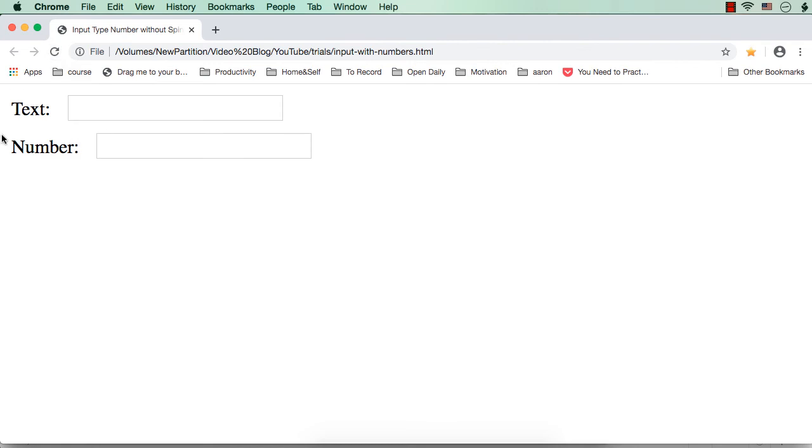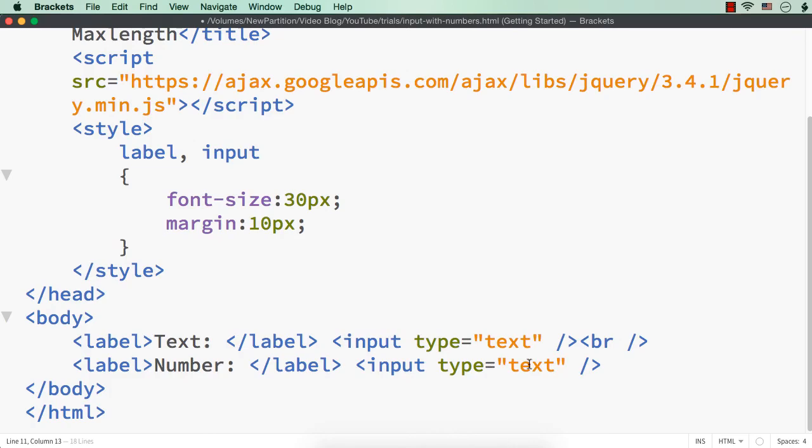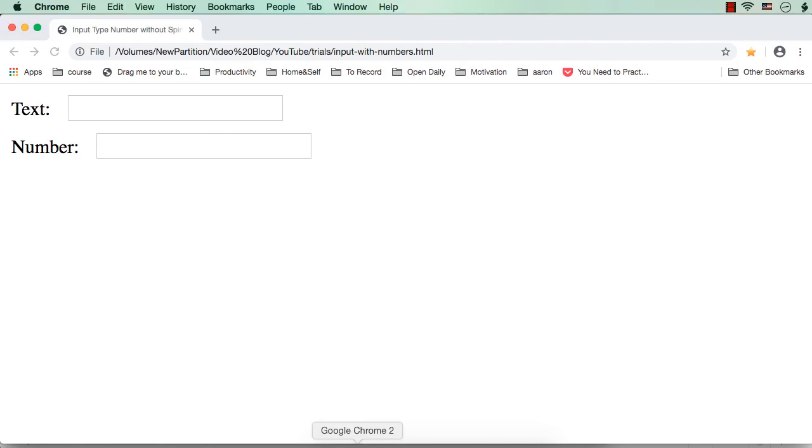See, this is how it is getting displayed. So this is the default text box and this is the default input element with type number. So here you could just see this like a text box, and here instead of text it needs to be a number, right? Input type is number and this is input type is text. Now let me save this. See, this is the default input element with type text and input element with type number.